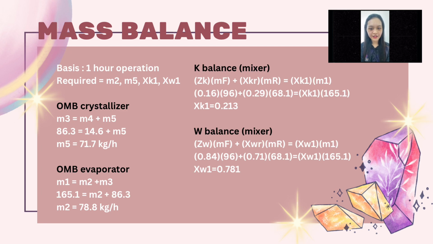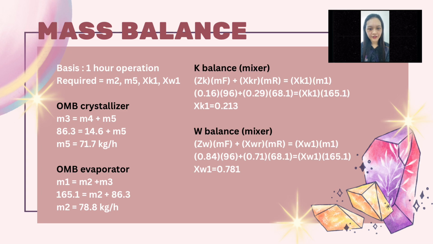The concentrated solution at 86.3 kg per hour, with 41% potassium chloride and 59% water, entered the crystallizer. This unit produced 14.6 kg per hour of potassium chloride crystals. The remaining solution is filtered, separating it into a recycled stream with a flow rate of 68.1 kg per hour, consisting of 29% potassium chloride and 71% water, and the potassium chloride solution, M5, which was directed to the storage tank with an unknown flow rate.